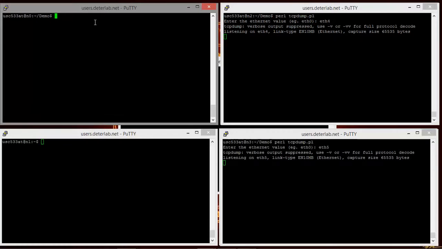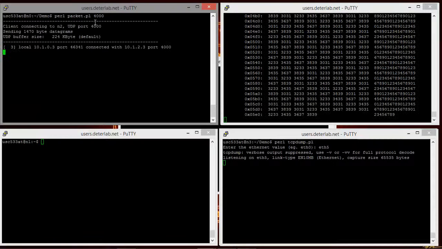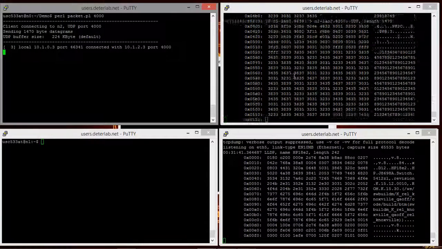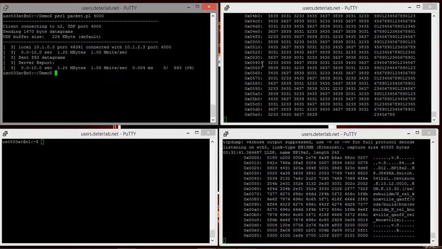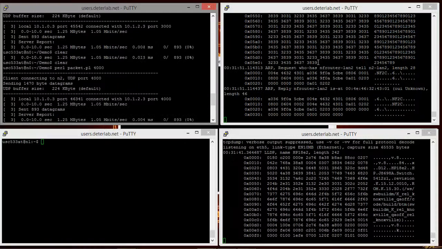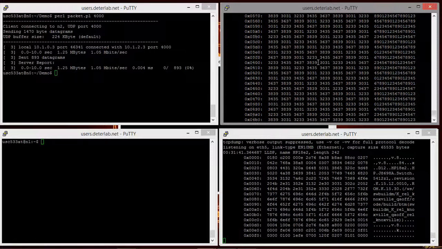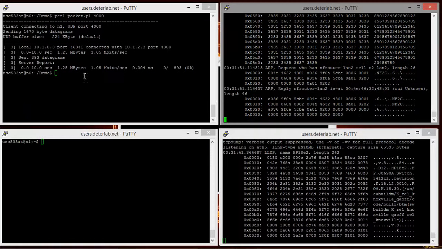Again, if we are sending the data, now the port is 4000, and you can see that the data is getting flooded to the right server as it is the correct client. So there is no problem in receiving data over here. This is just the LLDP protocol, which is because of the wire connection. And you can see that the data is getting flooded over here. This is a UDP packet without any text. So there is no problem in sending the data from node 0 to node 2.